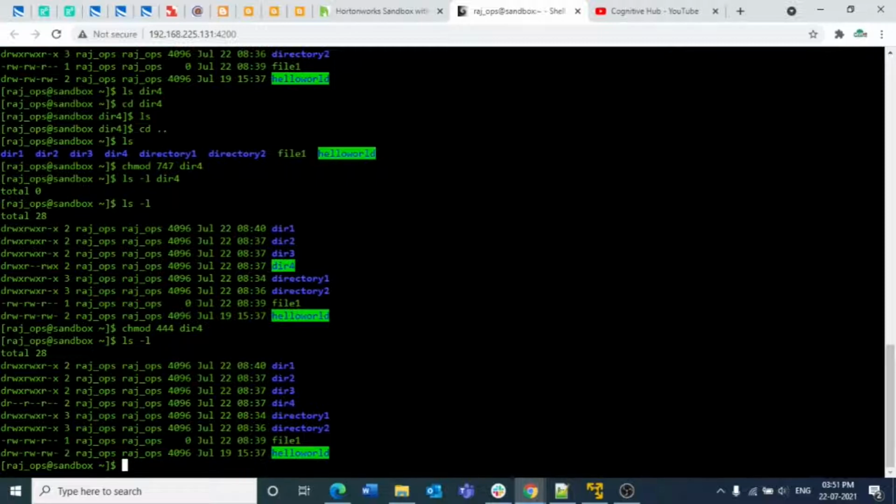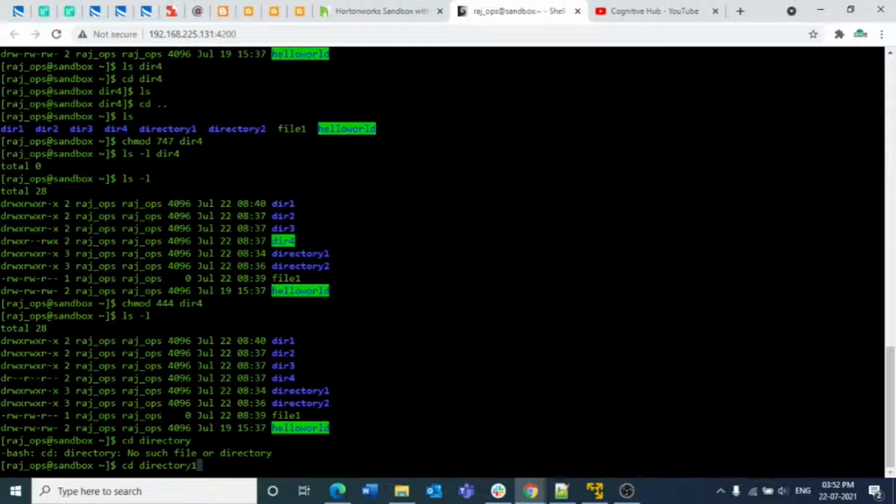So similarly, if you want to change permission for any of the directory or any of the file, you just need to place that particular number, and then you can do the chmod. And if you want to do it recursively, consider a directory: cd directory, and inside the directory we have some of the contents,